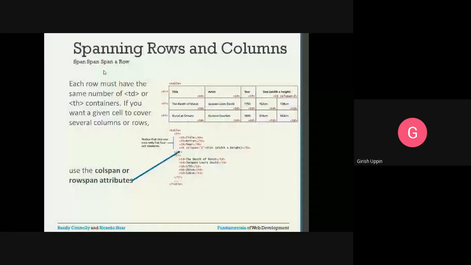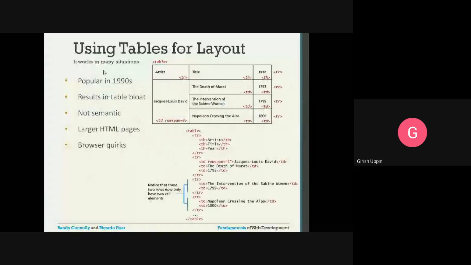Next, using tables for layout. Earlier, many of the websites used tables for doing the layout. What is the meaning of layout? It is how you want to display your web application. In most e-commerce websites, you will have a panel on the left hand side with a list of all the categories of the items, and on the right hand